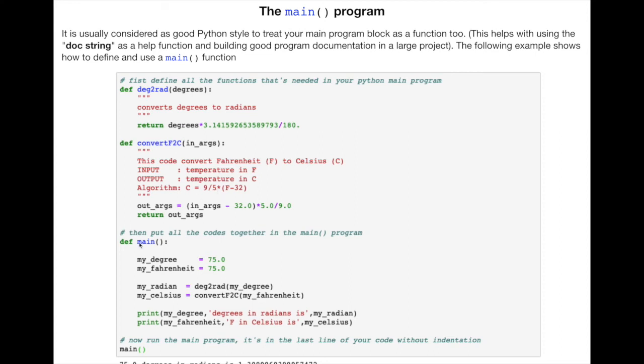Now the function name is very specific. It's called main parenthesis. The main function is basically the code block that does everything I want, including using the two functions I defined above, right? So in the main function, I first define a variable called my degree, which is 75, and my Fahrenheit to 75, right? So in the next code block, I call the function degree to rad to convert my degree to my radians,